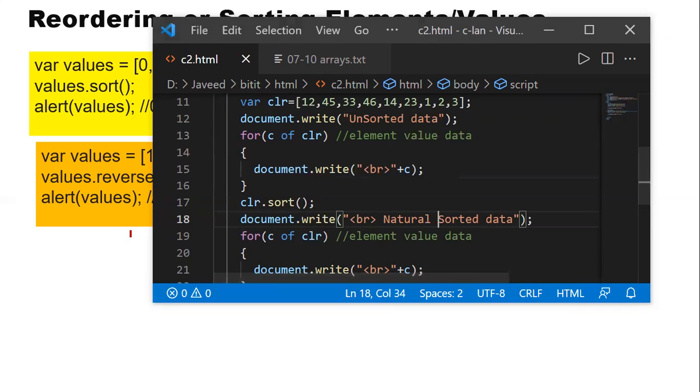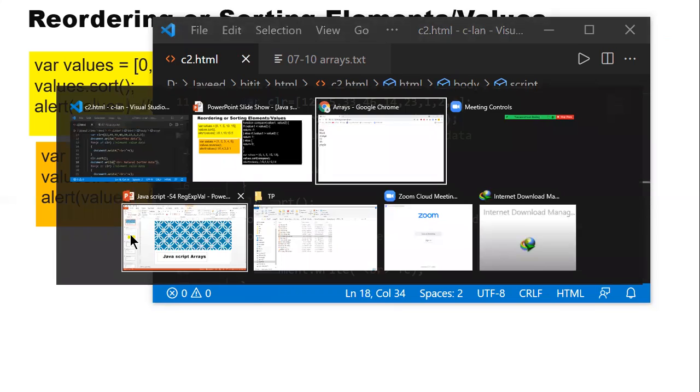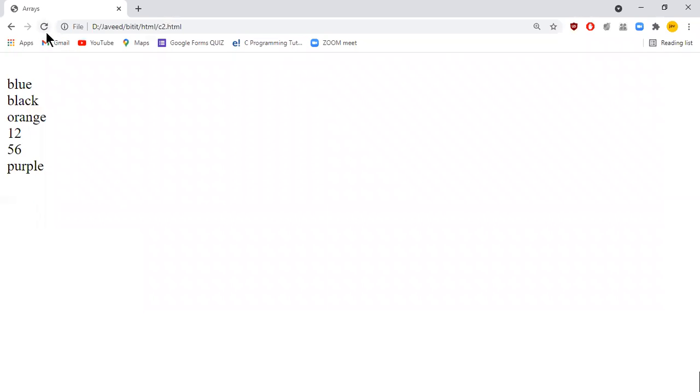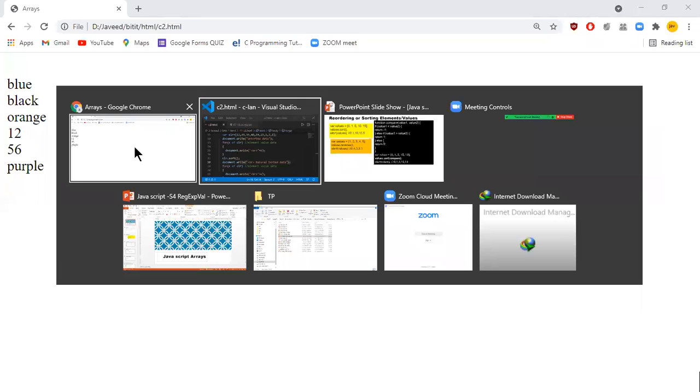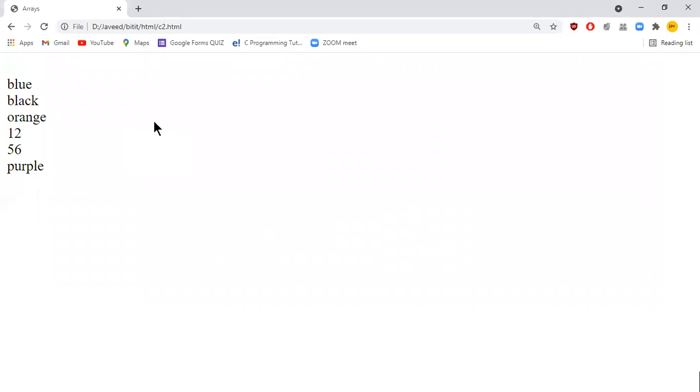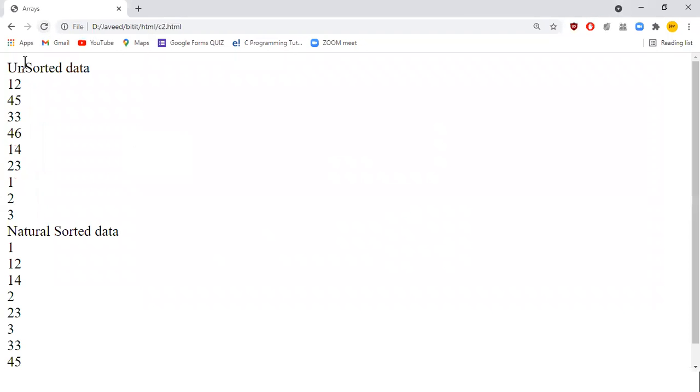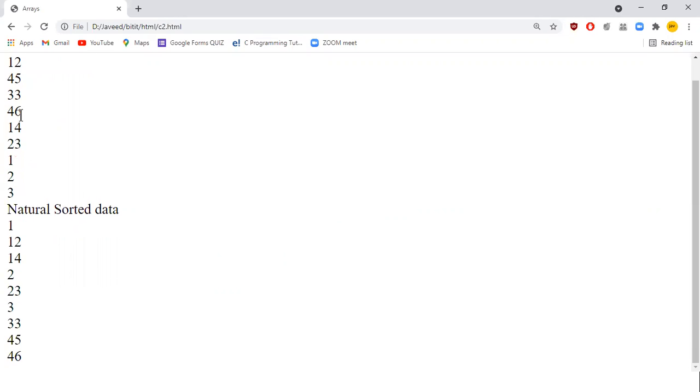I'm just saving this. I'll go to my browser and refresh my page. Now you can see the unsorted data: it prints the natural values we have stored in the array. When I do the natural sorting, you see that the kind of sorting it does is not what we wanted, because we are using numbers.